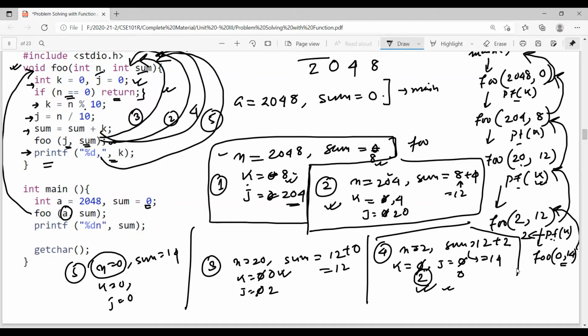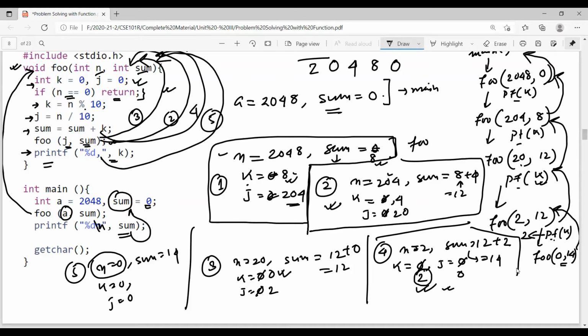2048 from this function, and it is going back to the main method. In the main method, there should be a backslash n. Okay, backslash n is missing. Backslash n and the value of sum. So what is the value of sum? See, sum is the local variable of main. So the local variable always gets preferred because the other sum does not exist anymore. Memory is erased. So the sum gets 0 over here. So 0 gets printed. You can type this code into the compiler and analyze this. Here is the complete flow of the code.